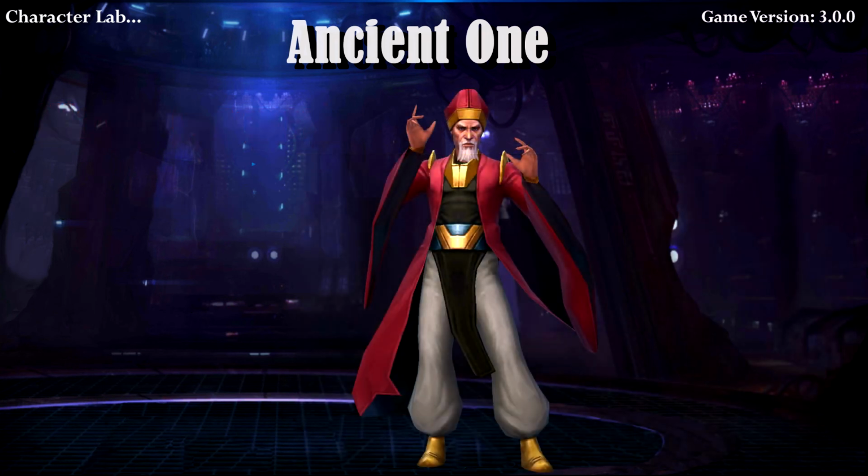Alright, so that was Ancient One getting put through the character lab. Overall, he's a pretty versatile and strong character just because of his survivability. DPS is extremely low compared to most characters, because even with his leadership that you will probably be using most of the time you use him, he still does pretty lackluster damage. But that aside, his survivability does make up for it, so he is a viable option for World Boss,